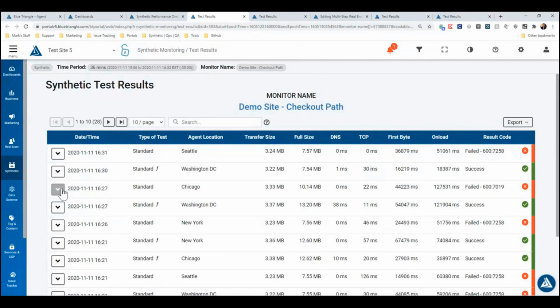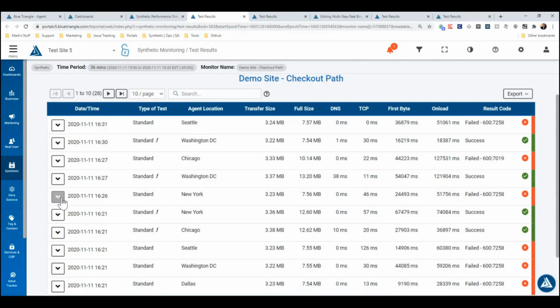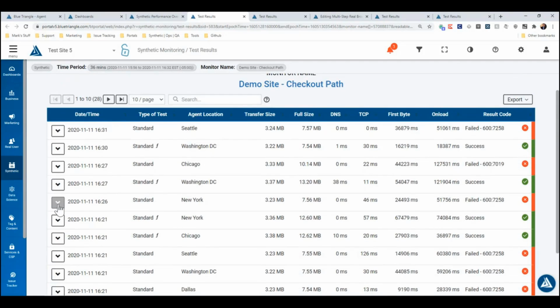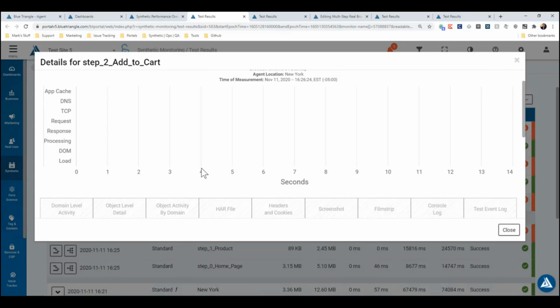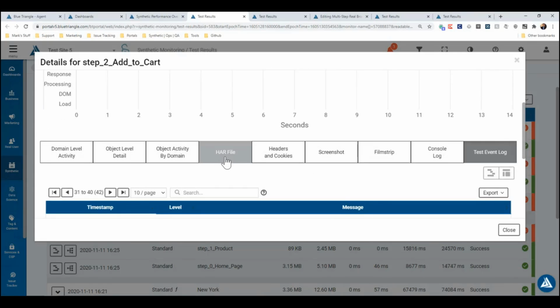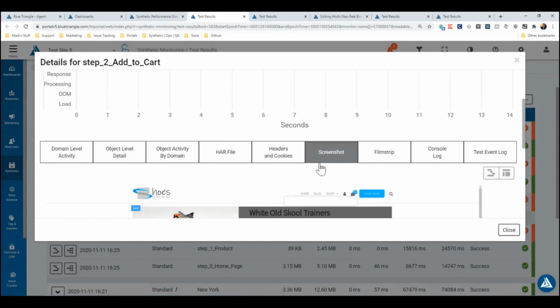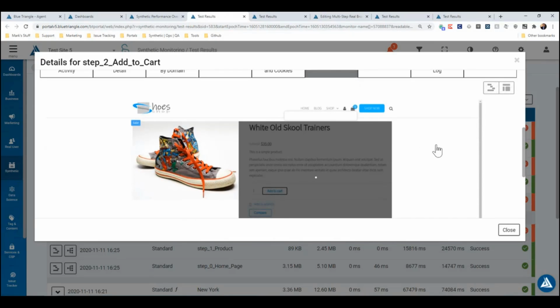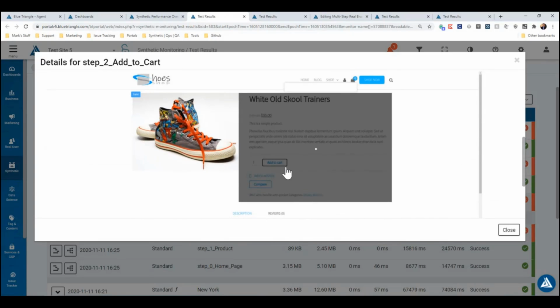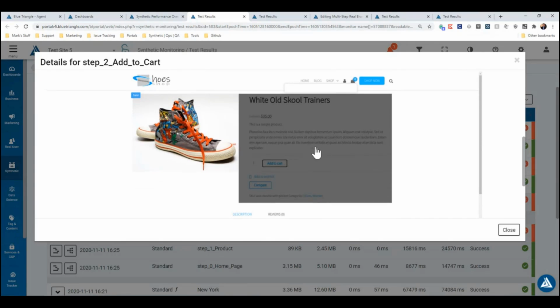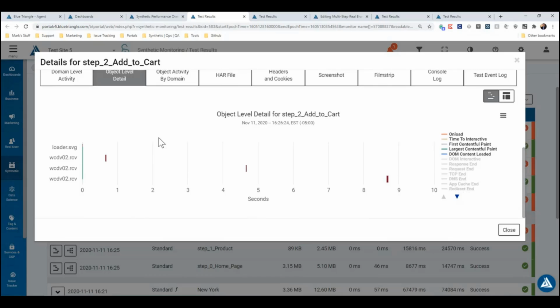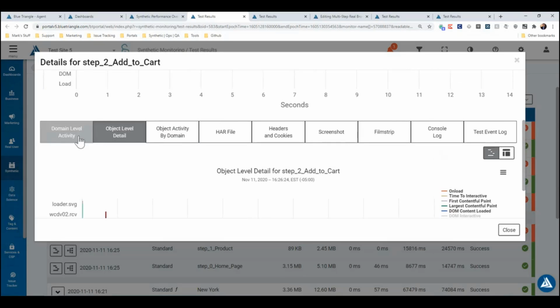So let's open up another one of these failures and see. It looks like we have a few different error codes. Let's try this one here. So here we have a screenshot, and it looks like our add to cart button is extremely slow. If we open up the waterfall,